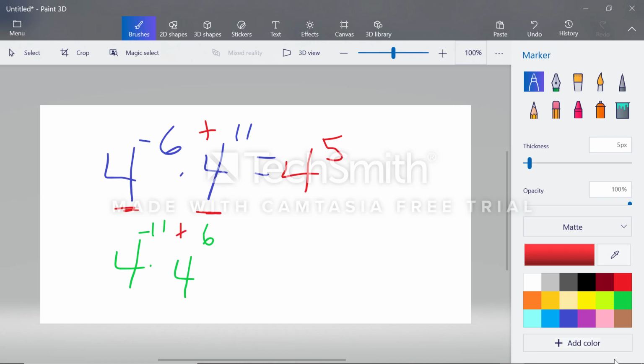But negative 11 plus 6 is still going to give us a negative number. This will end up being 4 to the negative fifth, which then in this case you would have to remember this is over 1, so this now would become 1 over 4 to the 5th power. All right,